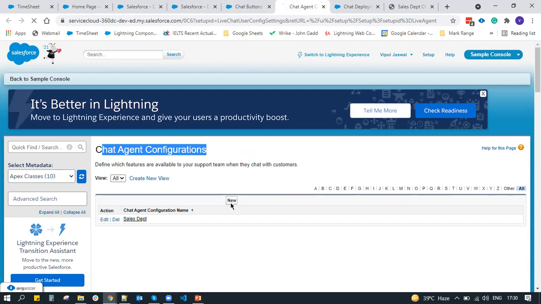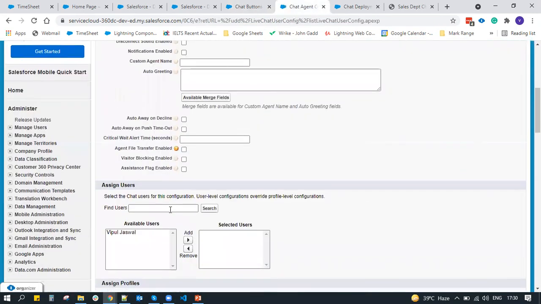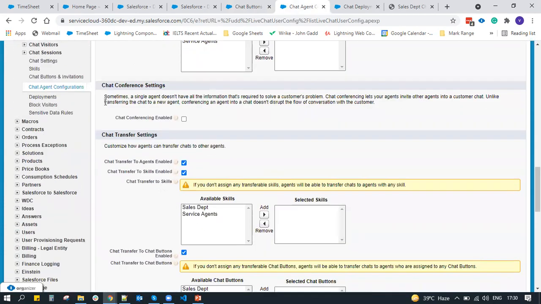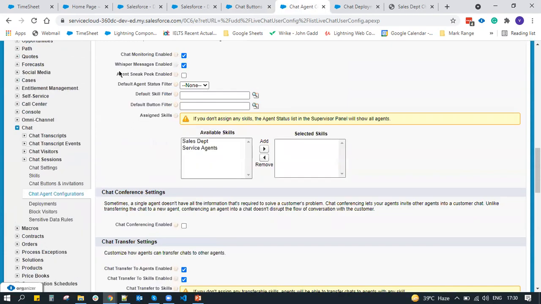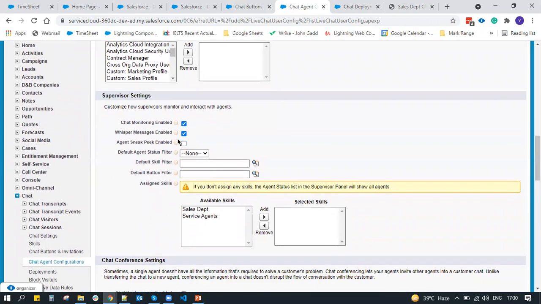So in here, if you go to the new button, you can see we have multiple features. For example, supervisor settings. Any agent can supervise the chats of its subordinates, or you can say the team members. The manager will be able to see how the team members are working or chatting with the customers. So that is known as supervisor settings.